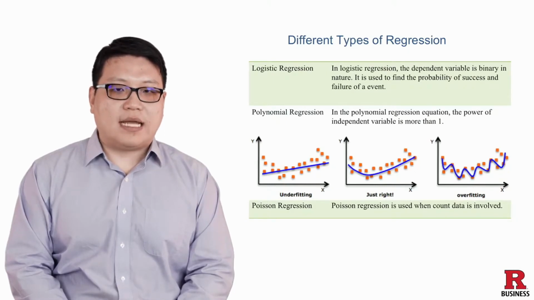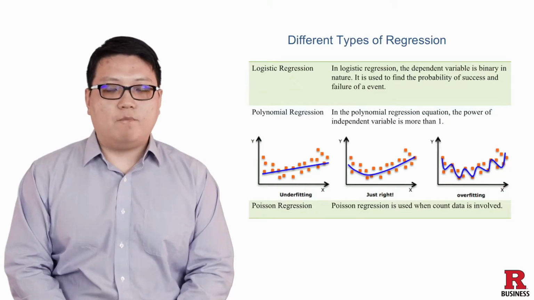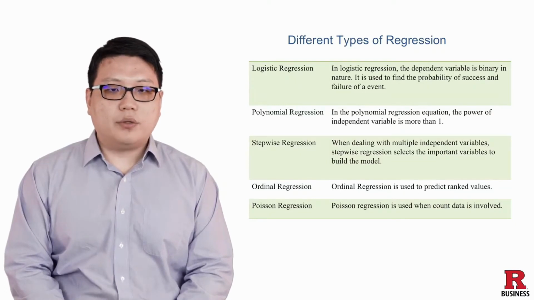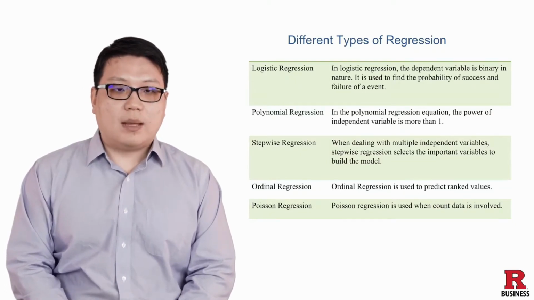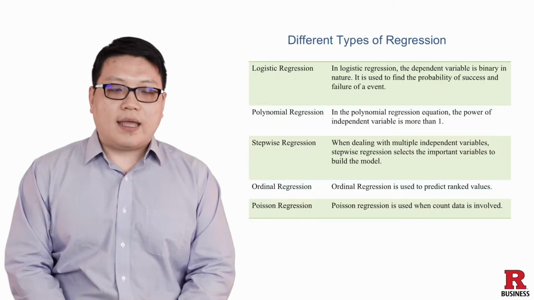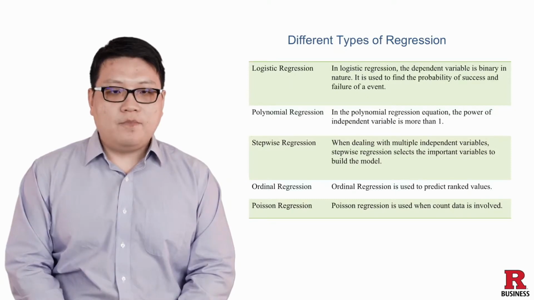What we need to do is build a model that is just right, and there are some ways to achieve the optimum solution. Other regressions include stepwise regression, where, in the case of multiple variables, we can use stepwise regression to choose the most important variables to be included in the model. And there are ordinal